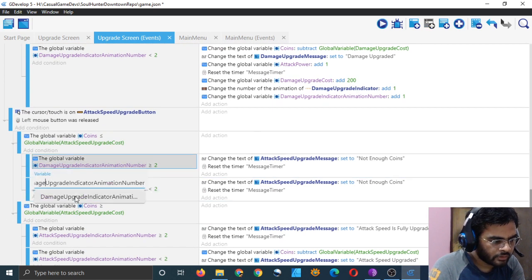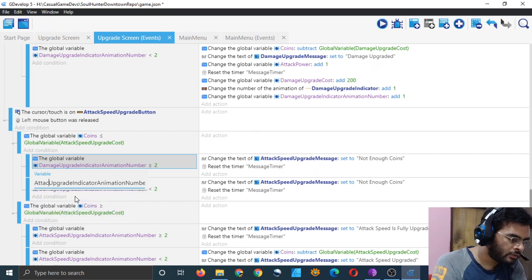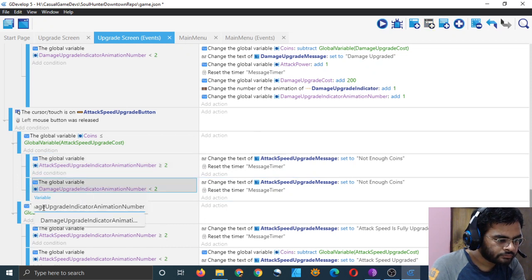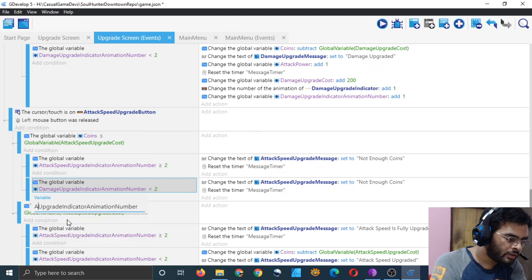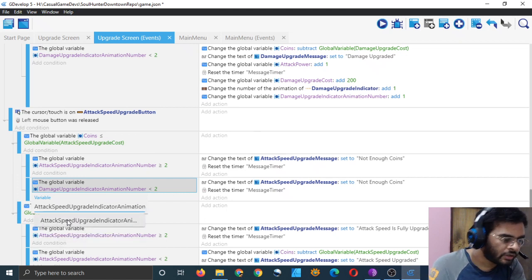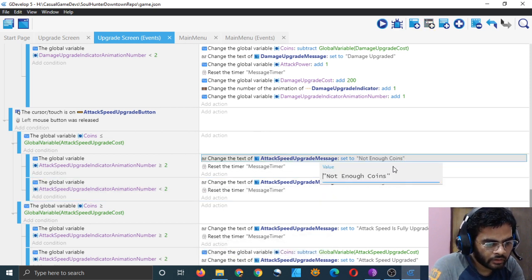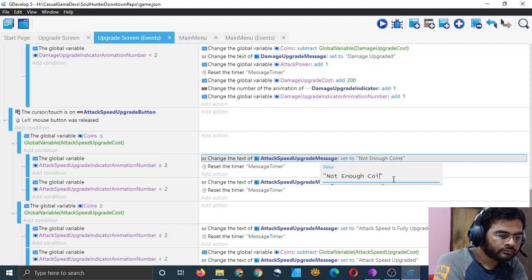Instead of damage upgrade indicator, type attack speed upgrade indicator, and here also instead of damage upgrade indicator, attack speed upgrade indicator. Right, that's two of them. Here it will say that attack speed is fully upgraded.